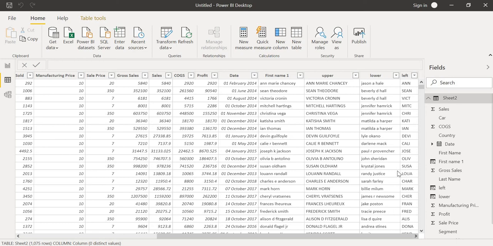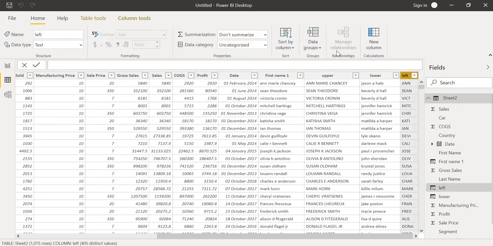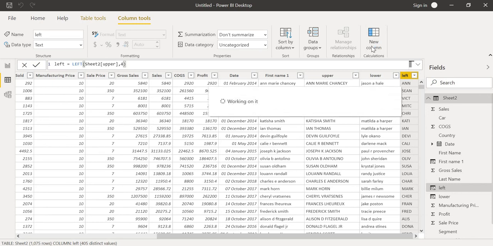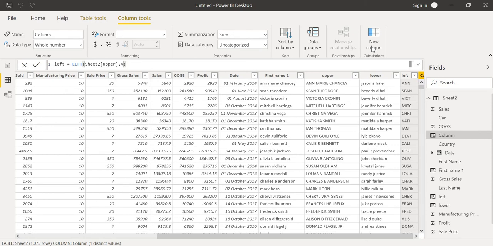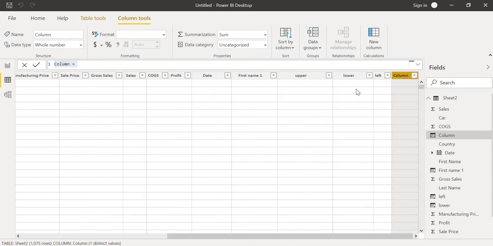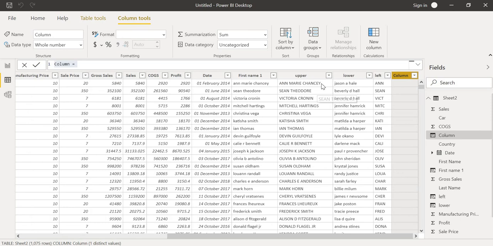I want the right side, fifth positions. I'm taking one more new column. I want uppercase words, these last 5 positions.